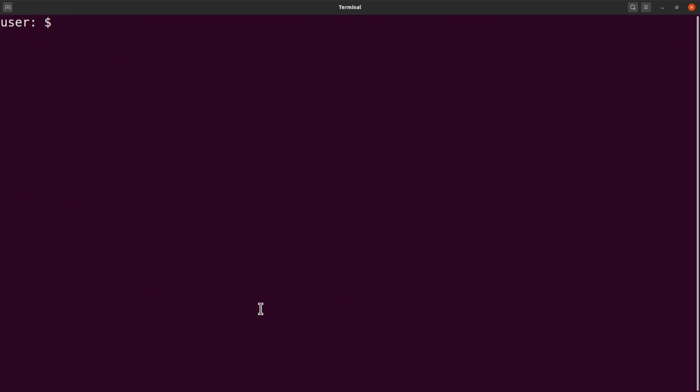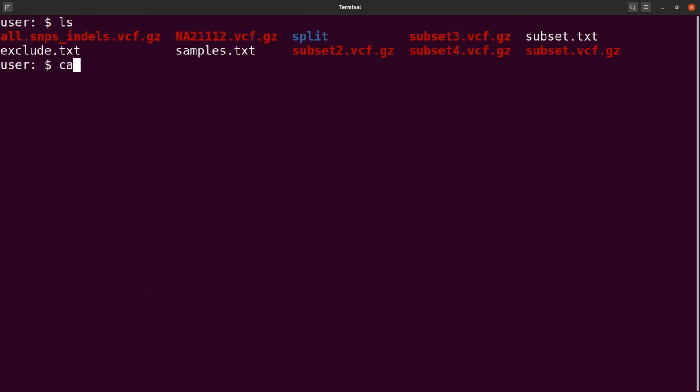Yeah, so let's do an ls. We are going to use the subsets here. We have 3 of them here. So these are the 3 we are going to use. So let's just make a copy. So I'll just say cp